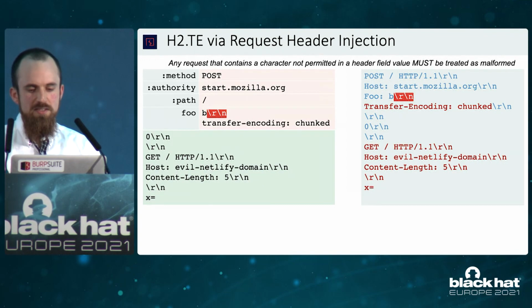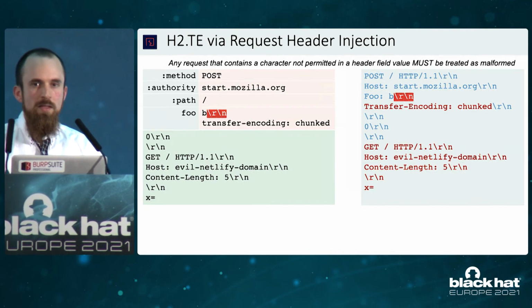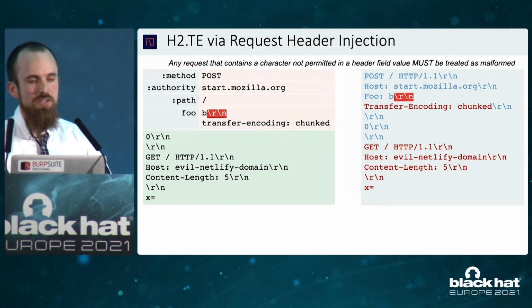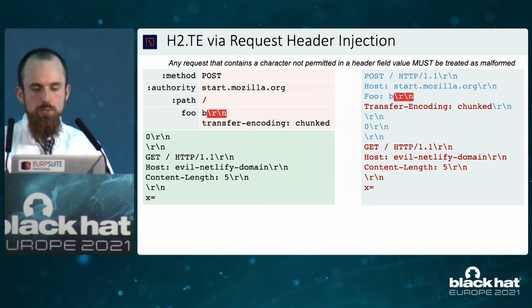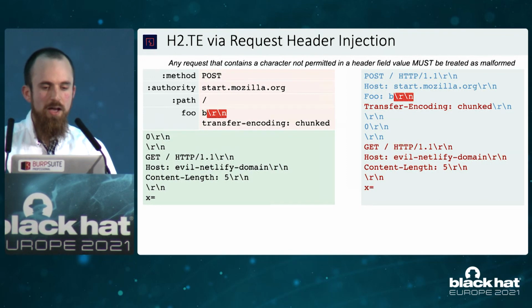So Firefox's start page was powered by the Netlify CDN, and they forgot to say that you can't put new lines in HTTP header values. This is something which is impossible in HTTP/1. And thanks to that, we've got the request header injection vulnerability that I'm exploiting here to trigger request smuggling and